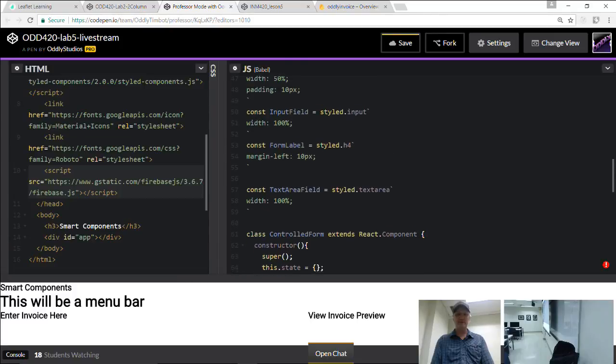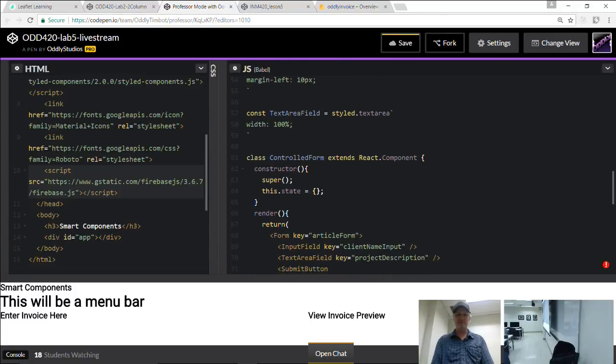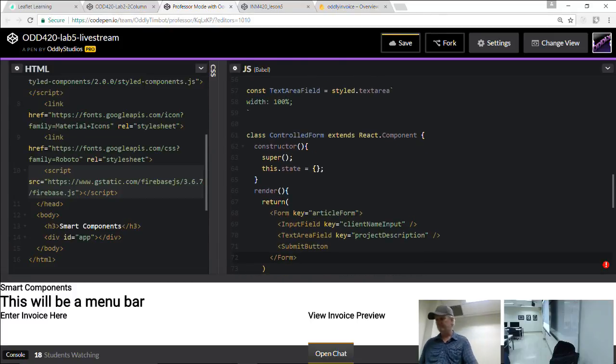Yeah, submit button. And then we're going to give him a type called submit and a value, which will basically be his label. Should we also say name or no? With a button, we probably don't need to, but we probably will need to with the text areas there.